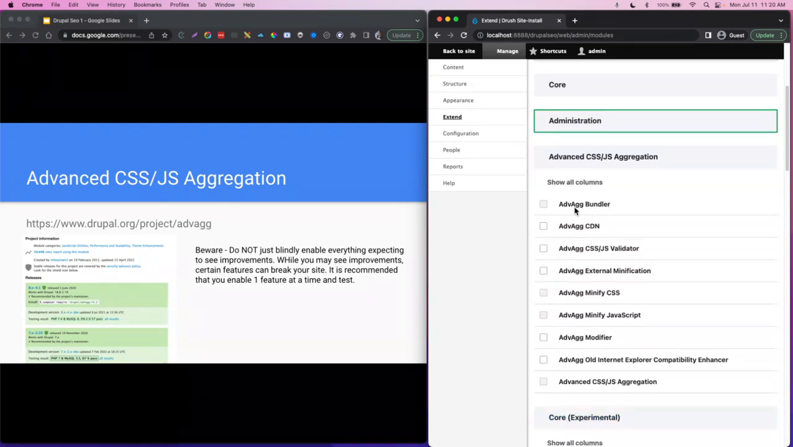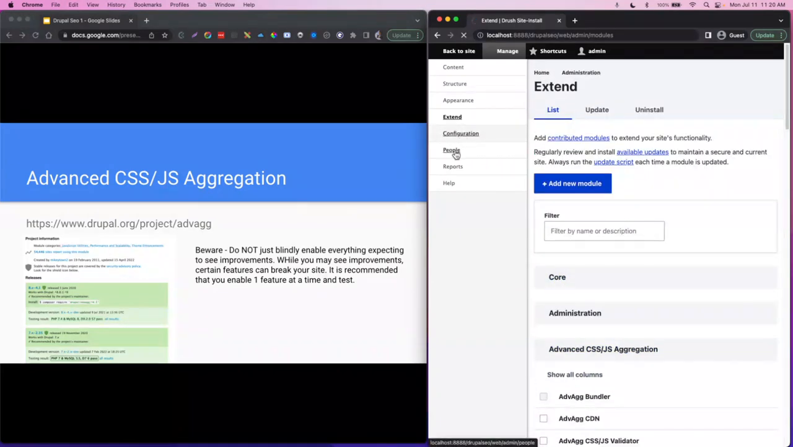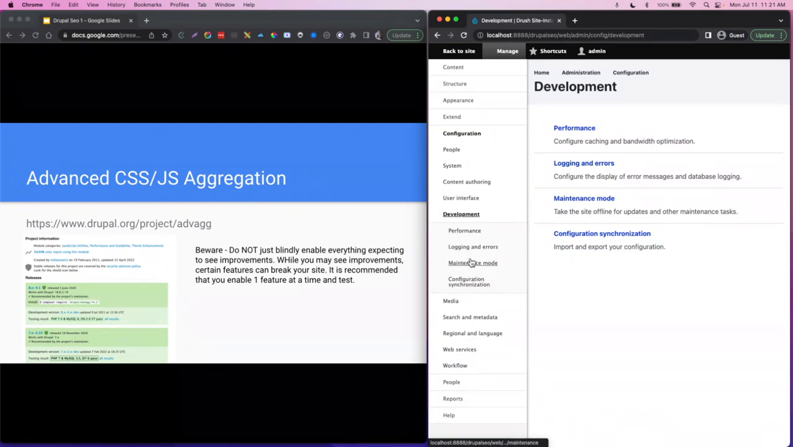I like to use bundler. I like to use minify CSS, minify JavaScript, and also, well, CSS aggregation, of course. So let's see the settings for that in the backend. So you go to development, and